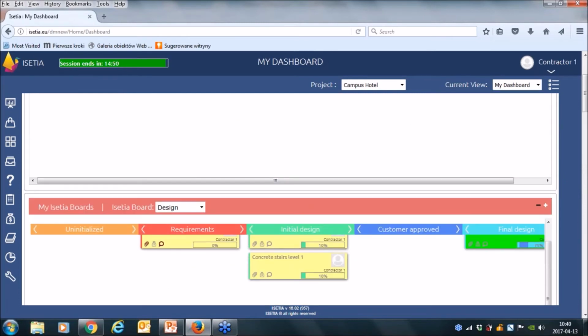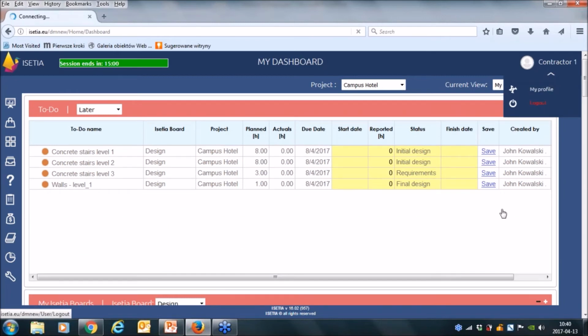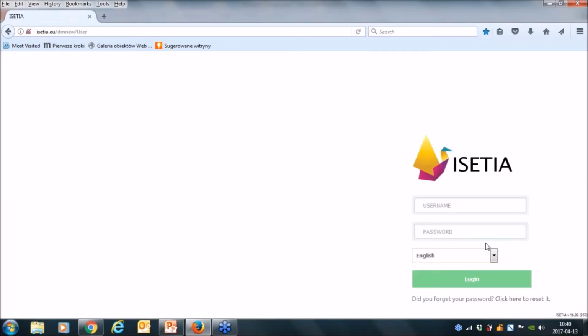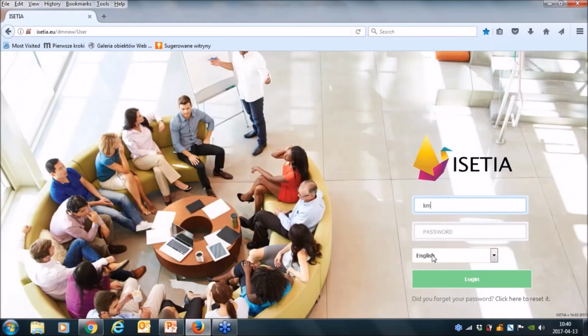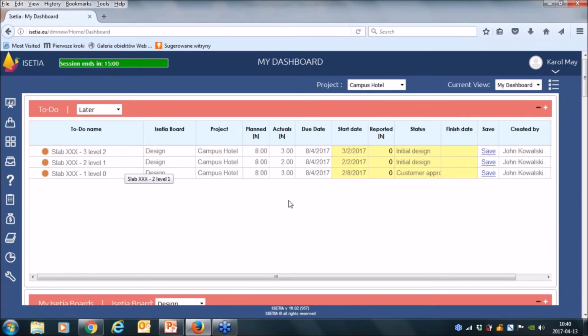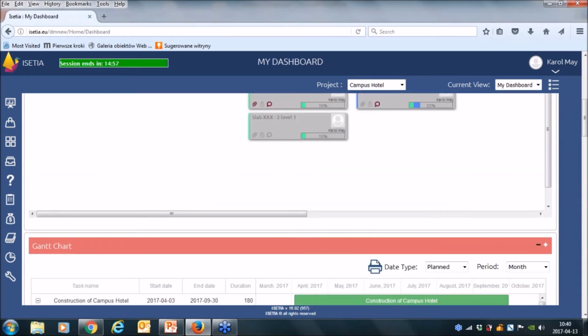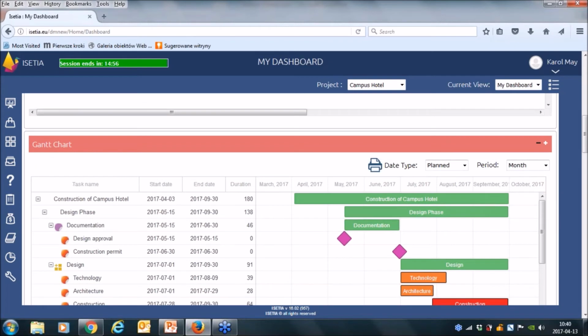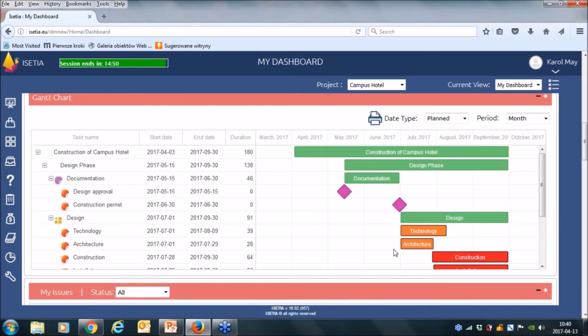When I launch the system as one of my internal resources, Mr. Carol May, a similar situation happens. Carol May will see his work that should be performed by him, but because he is our internal employee, he can also see this part of the Gantt chart of the project in which he is involved.